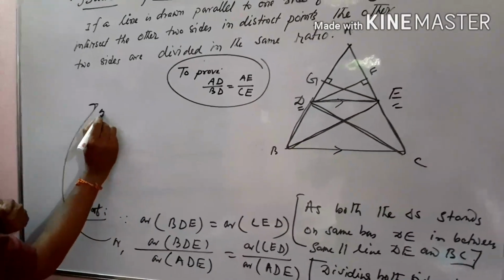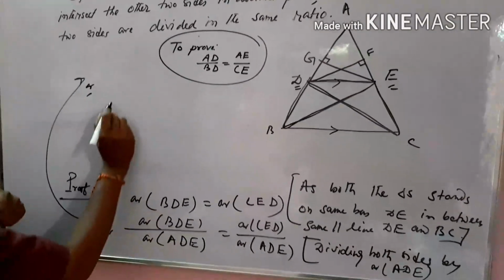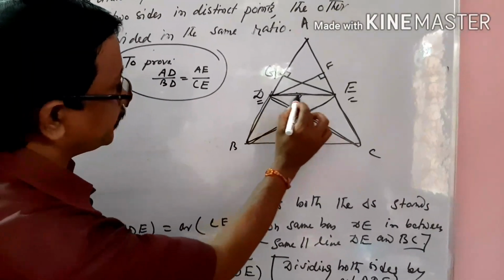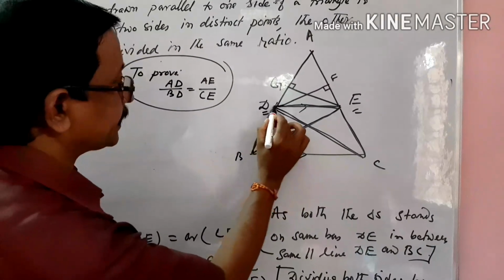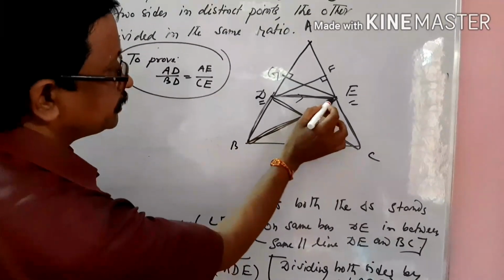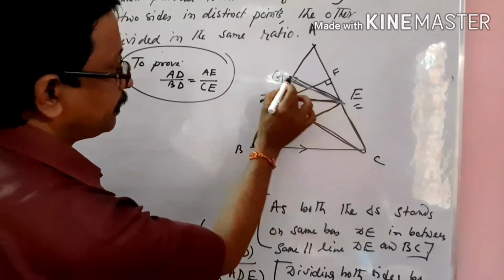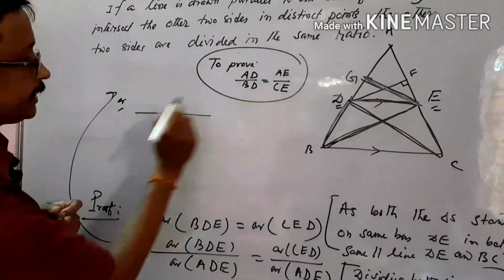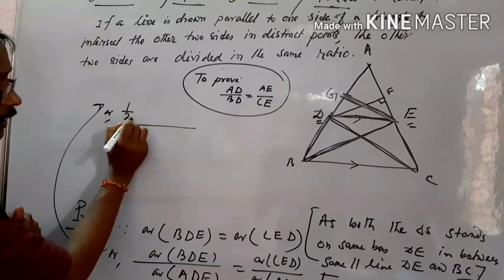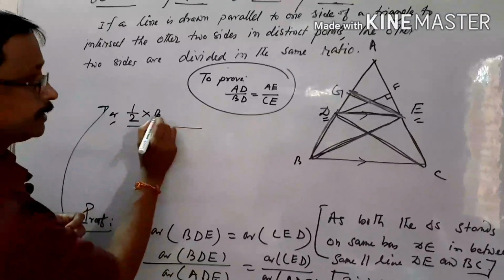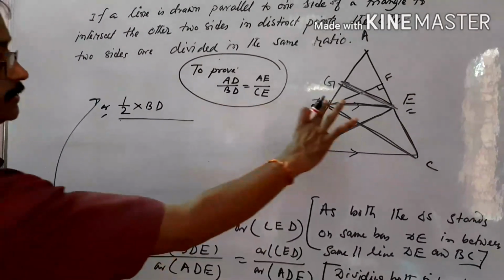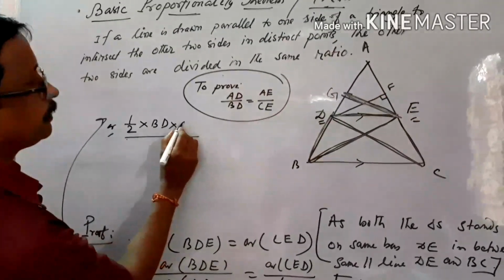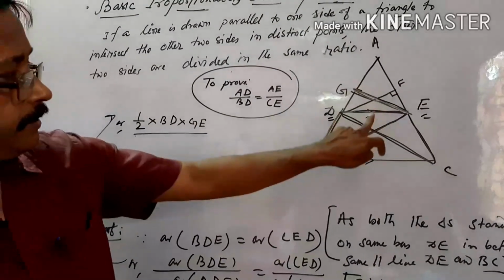So how do you prove this one? Next step, you look there. That is area of BDE. Just look at the figure. Area of BDE, this is the triangle. So in this triangle, which one is perpendicular? Of course, GE is perpendicular. Then in the next step, you write area of a right angle triangle. We know that. What do you know? Half into base into height. Base means what? BD. In the figure, base is BD. And what is the height? Height is GE. Okay?